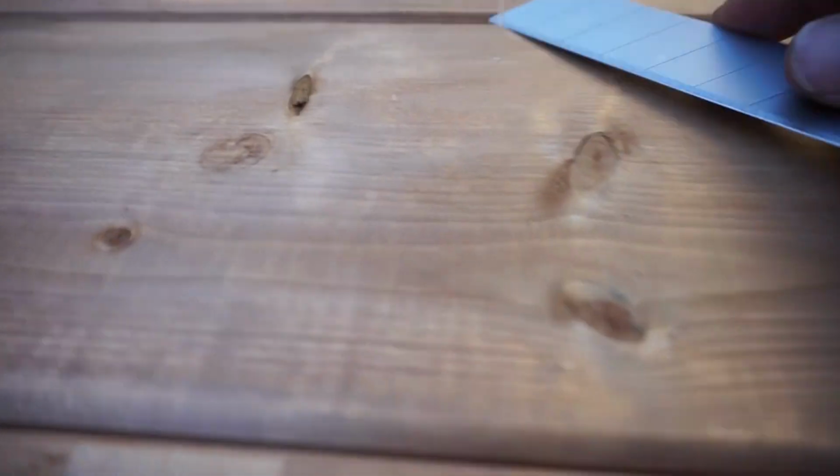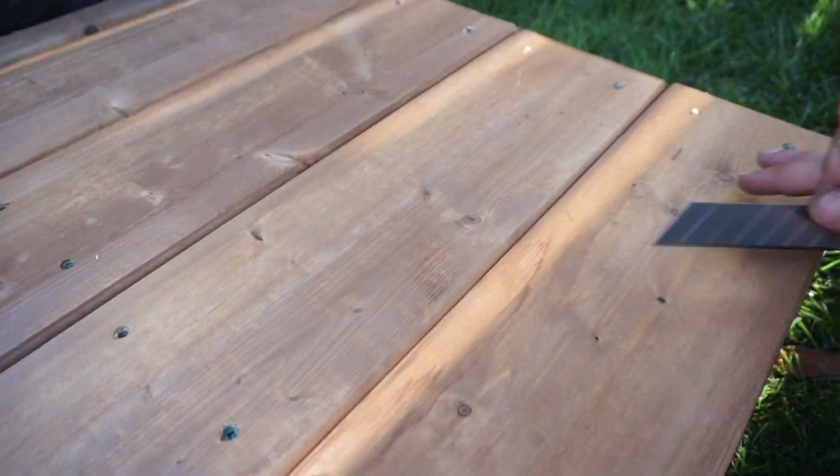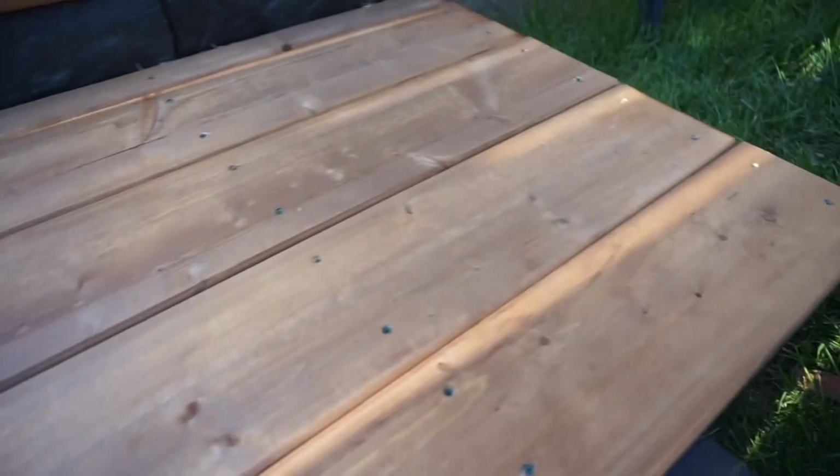Go to your next one, boop, boop, boop, and boop. So now they're all cut nice and clean off. And you can't even tell they're there anymore. Except for when we zoom in,